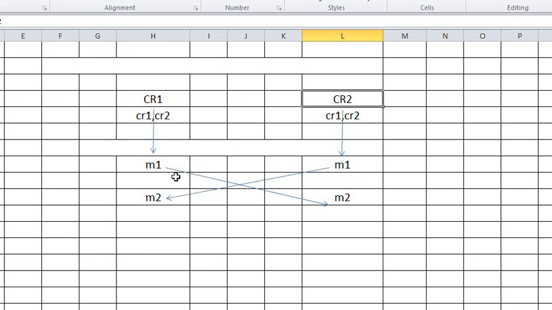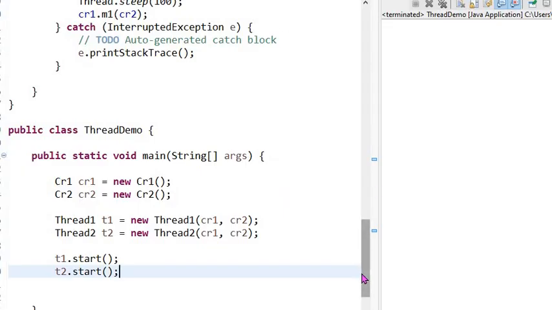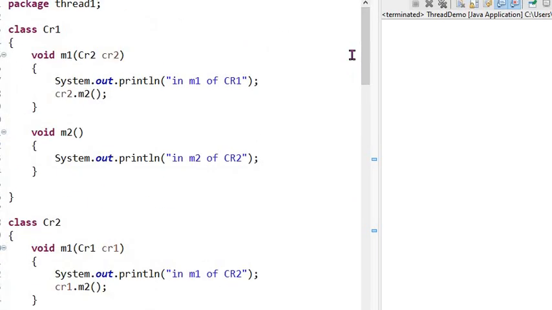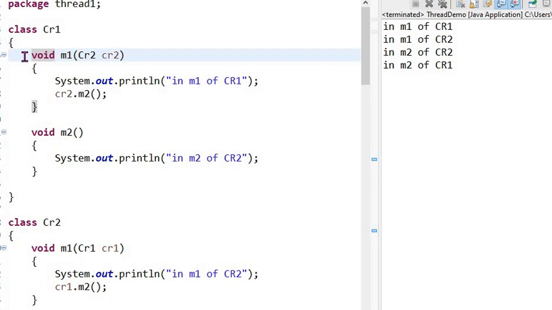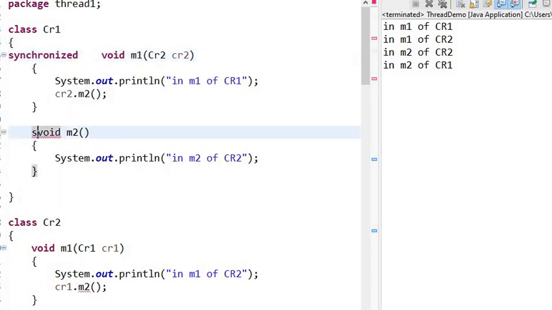This will direct us to the concept of deadlock. Let me show you how. So here both of the threads are not synchronized, so they have done their work properly because they are not synchronized. So when both of the threads become synchronized,